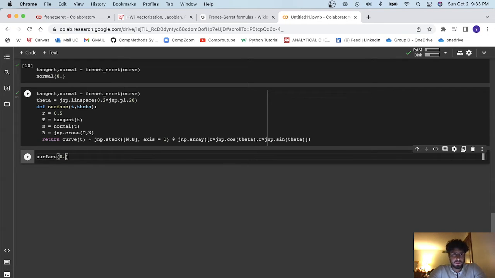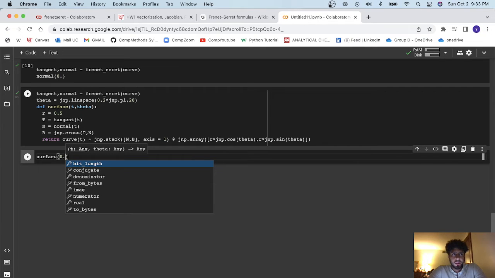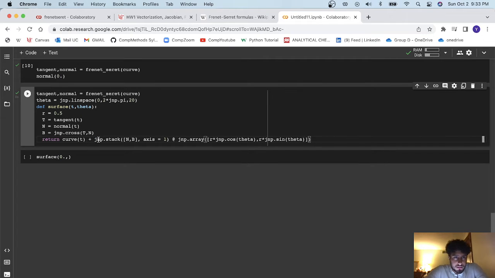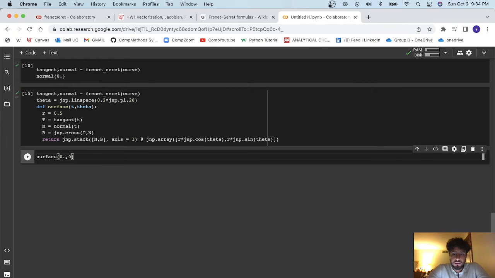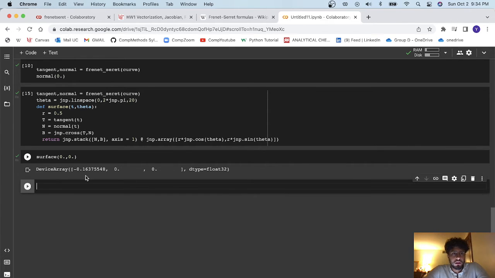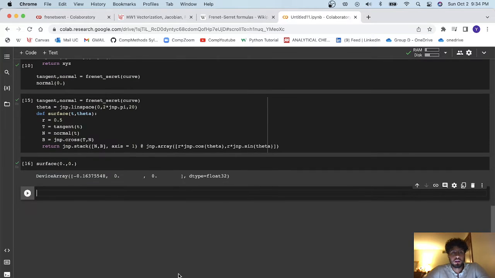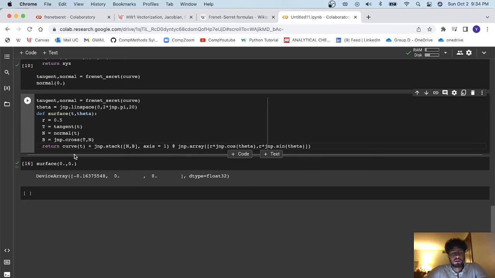I want to give it some initial points, so we're just going to look right now at the initial points. Let's say I'm going to delete this, and then we're going to run it. Then we're going to give it initial values of 0 and run it. Now, you see we got negative 16, 0, and 0. So if we go up to negative 0.16, that is not going to be anywhere close to where the helix is going to be. So that's why we're trying to add the curve of the function we made up earlier,